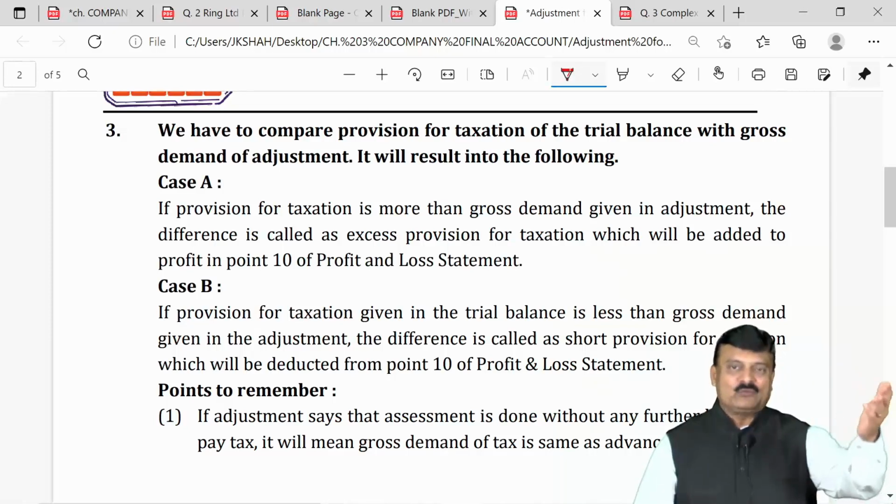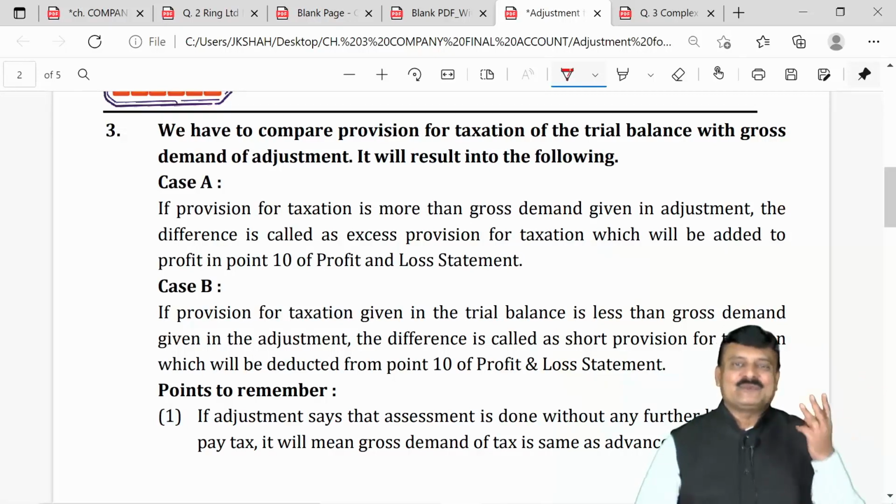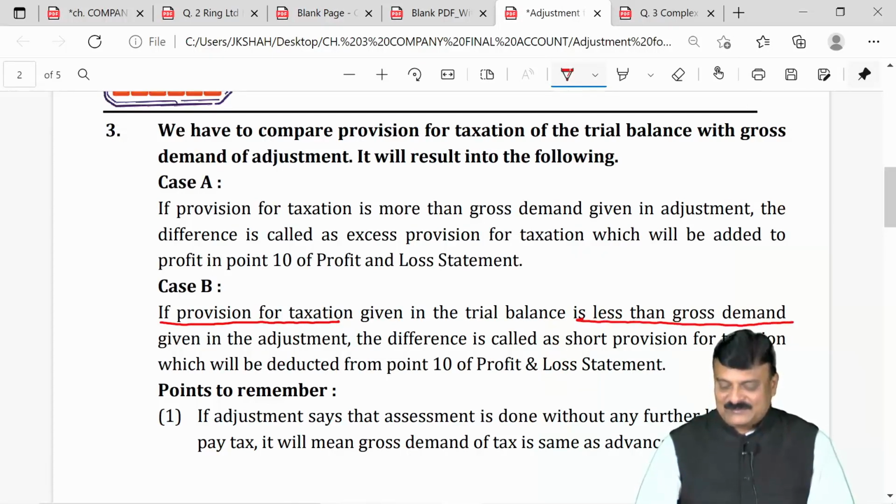Say our provision is 2 lakh and income tax demanded is 1,70,000. So our provision is in excess by 30,000. So we call it excess provision. If provision for taxation given in the trial balance is less than gross demand, the difference is called short provision for taxation,